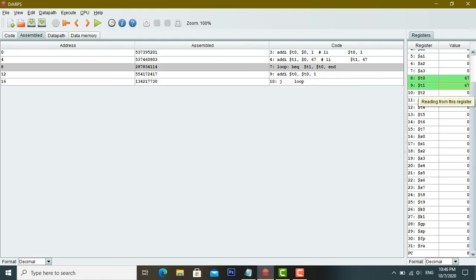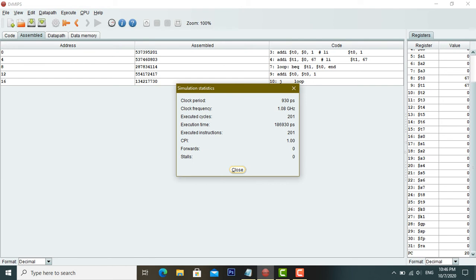If they are equal it will go to the end, that will actually end the whole program execution. So we have already checked the statistics of this program.